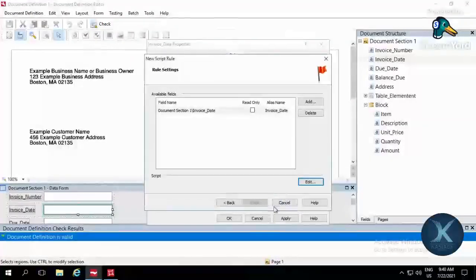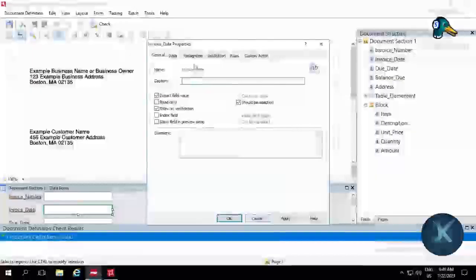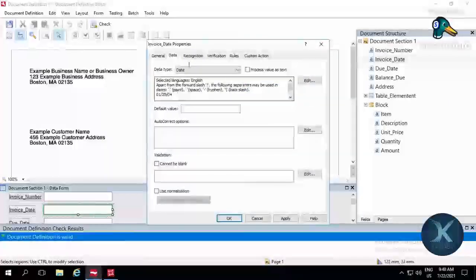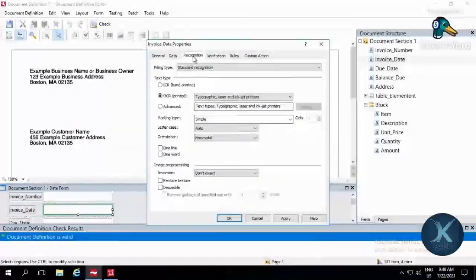So I'm just going to click on cancel for now, and I'm using this in the data level itself. And yes, recognition. What are the properties of recognition over here? This is a very common tab where you will be able to see all the elements which you have created so far. If you have any values that are handwritten, then you can go for the ICR. Or if it is all a standard printed value, you can just go ahead and click on